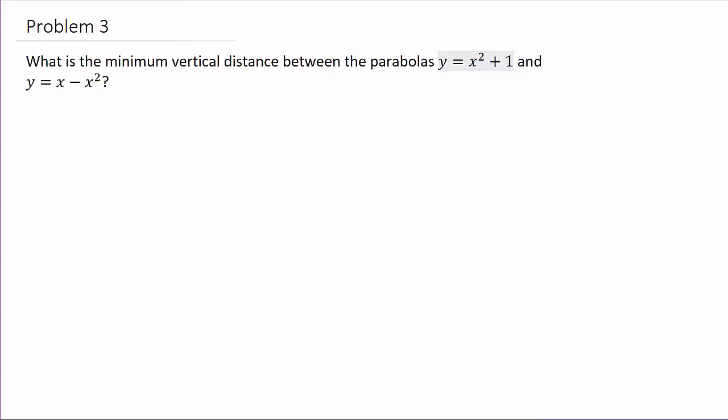Here we want to know what is the minimum vertical distance between the parabolas y equals x squared plus 1 and y equals x minus x squared. Alright, so first thing we want to do is just make a sketch of this. So if I sketch this,